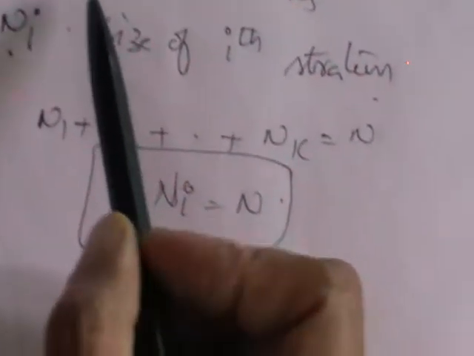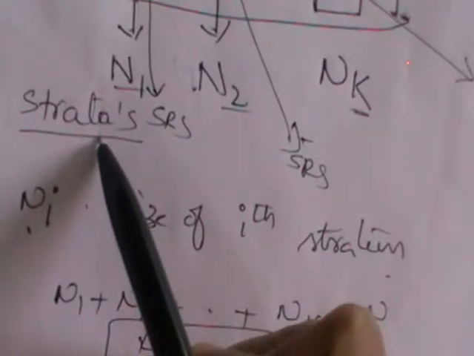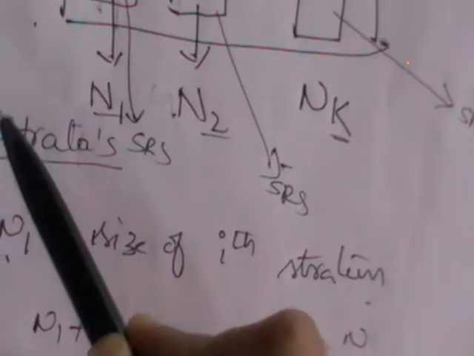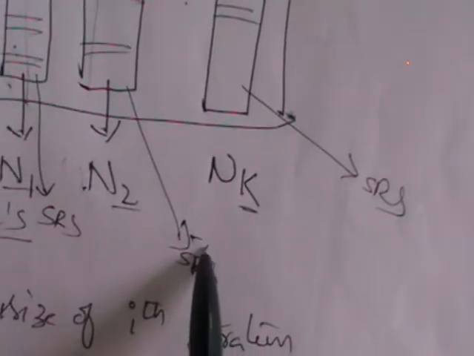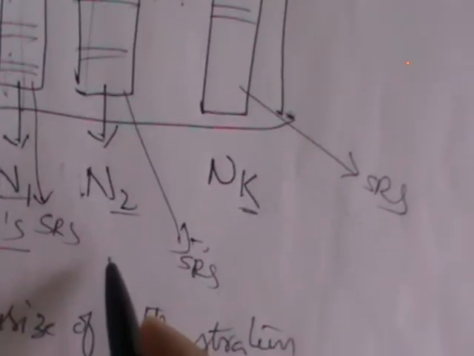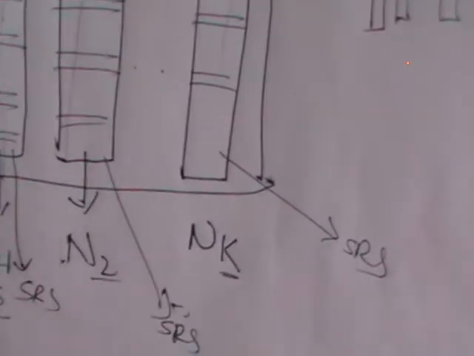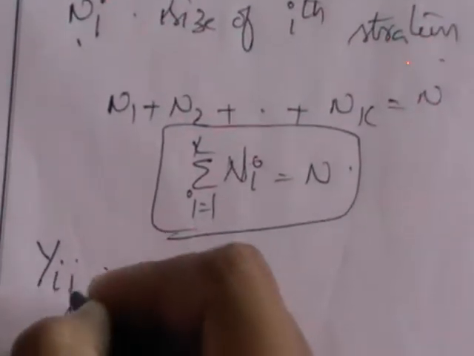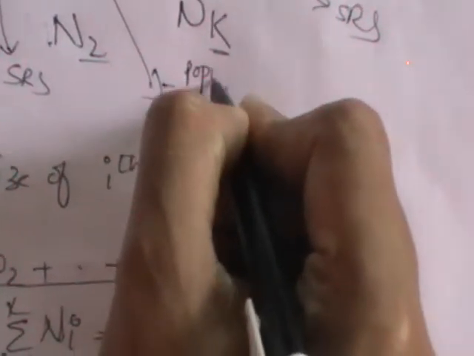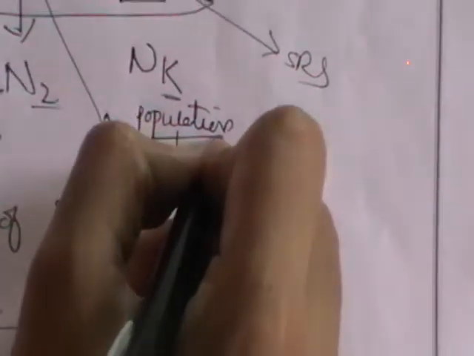Now for each stratum you will have a mean. You will have k stratum means and k mean square errors. So let us indicate Yij. I am writing all these notations for the population. As I already said, notation will be discussed for population and for sample separately. For population we always use capital letters.